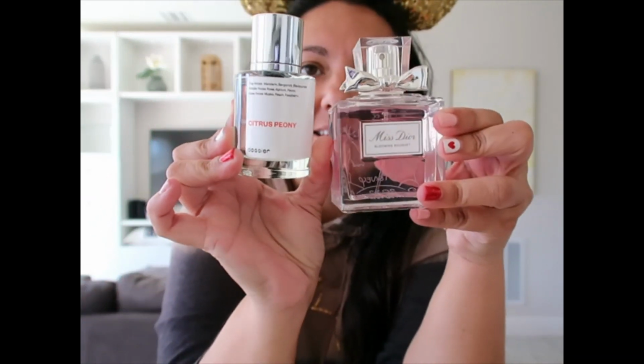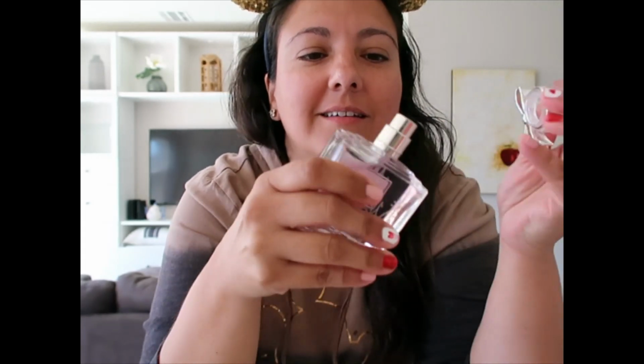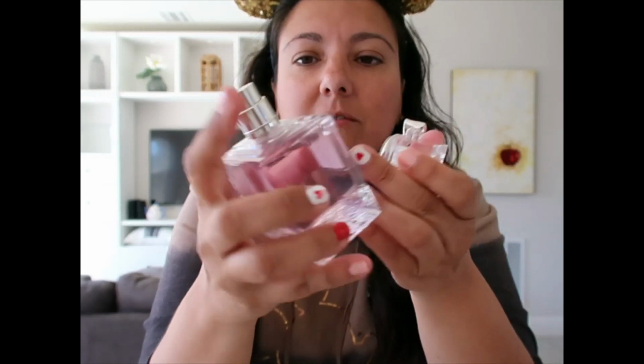And then this other one, these two guys, supposed to be comparable. Let's see. Maybe I should have done that on different days because this other one smells a lot. So I don't know if this is a good idea, but we're doing this. I'm too curious. I can't wait. Let me see. I'm gonna have to do the same thing on this one. It's just that the other one is so strong that...